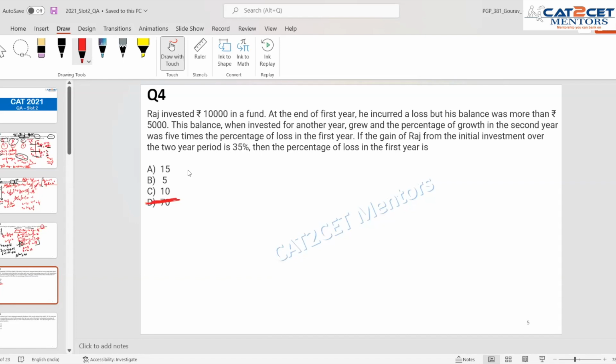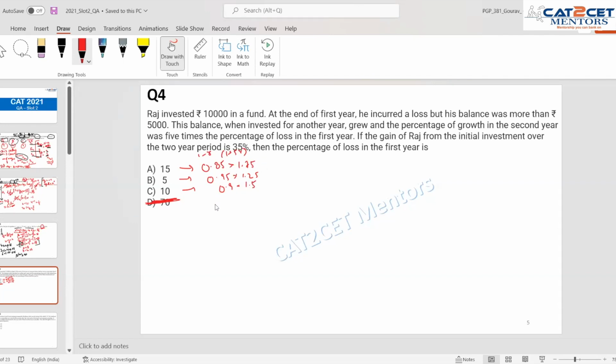Okay? Then we know it is a two-step approach. So in the first step, we are having a loss of 15%. So it will be 0.85, because 1 minus r. And in the next step, it will be 1 plus 5r. So it will be 1.75. For this step, it will be 0.95 into 1.25. And in the next step, it will be 0.9 into 1.5. And this one is already wrong.